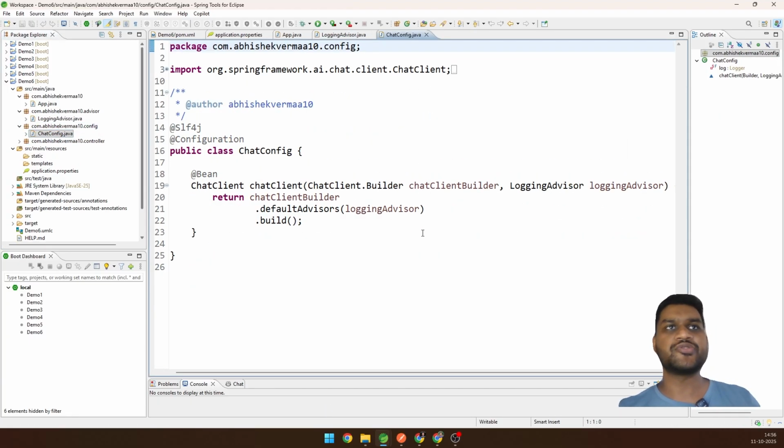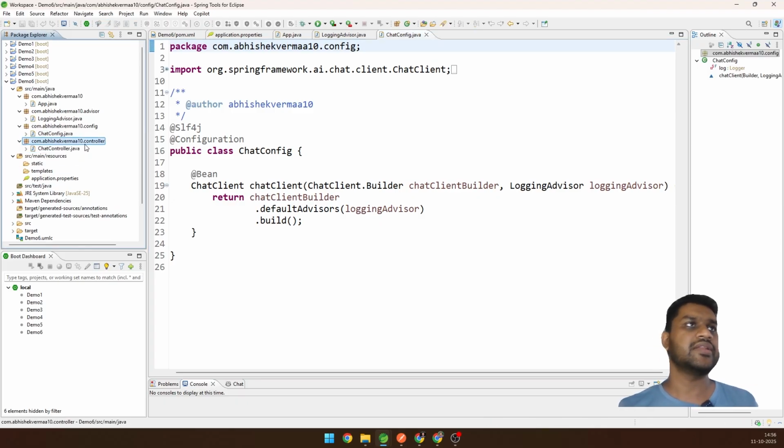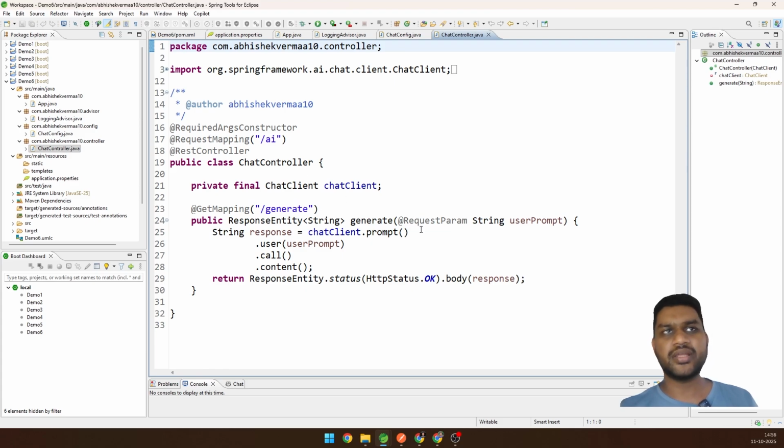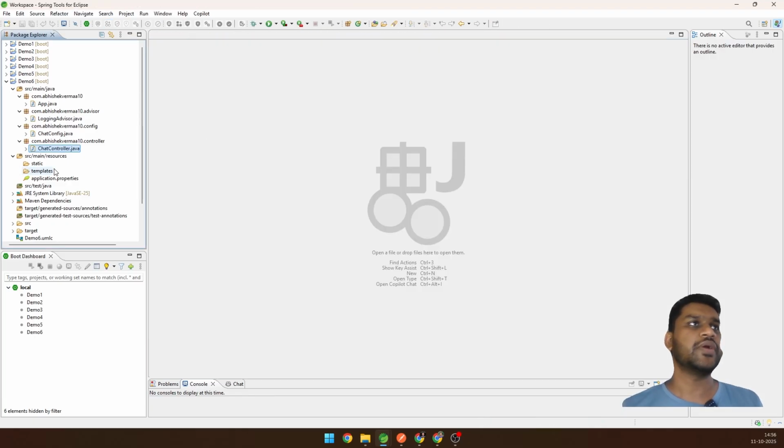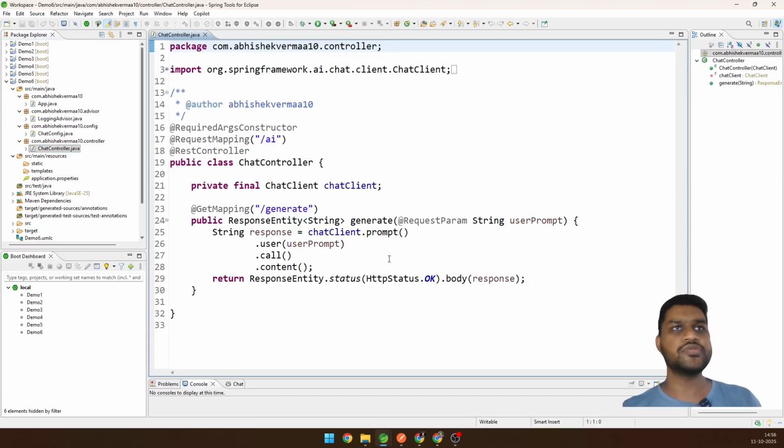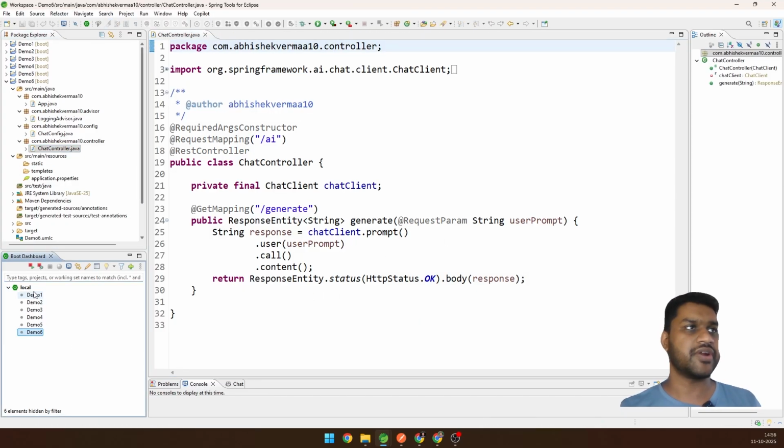In the chat config also nothing much, we are just making use of the logging advisor. And in the controller also again nothing much, just one simple URL, and that's it. So these are the things. What I will do is, as of now, I will just close everything and let's try to execute